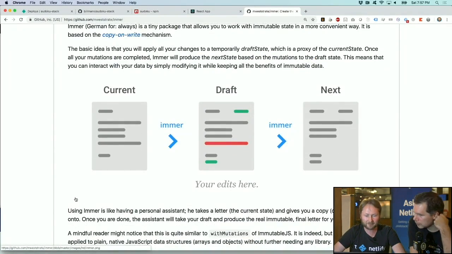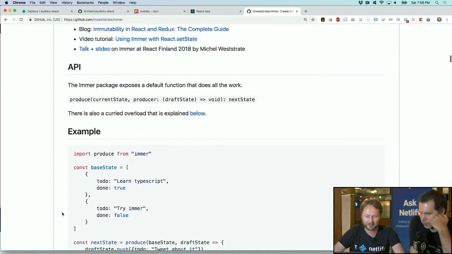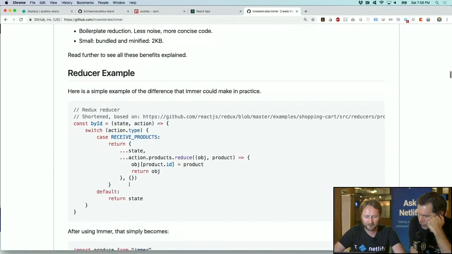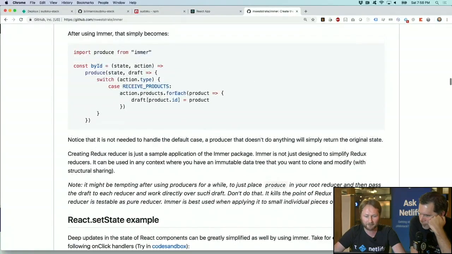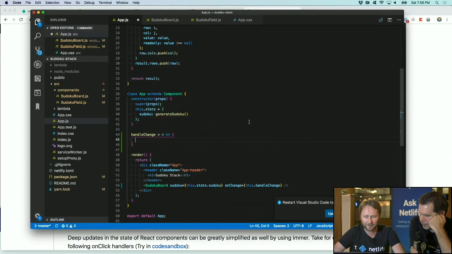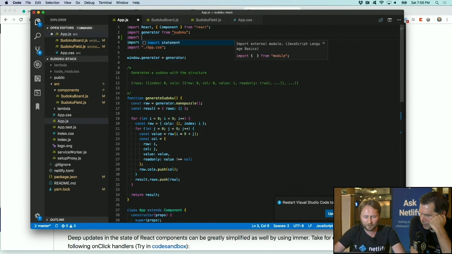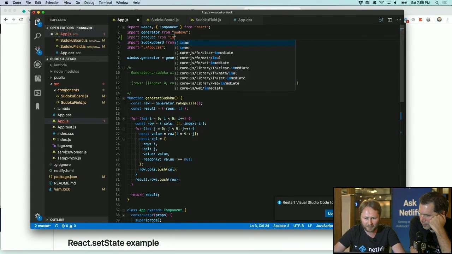It's always a transformation from one set of values to another, right? And Immer has some great illustrations of these kinds of transformations, and it's a really cool way of doing it without really having to learn Immutable JS or some different kind of data structure. So now I've added Immer, and then I'll import. Let me just see how they do it. Import produce from Immer,